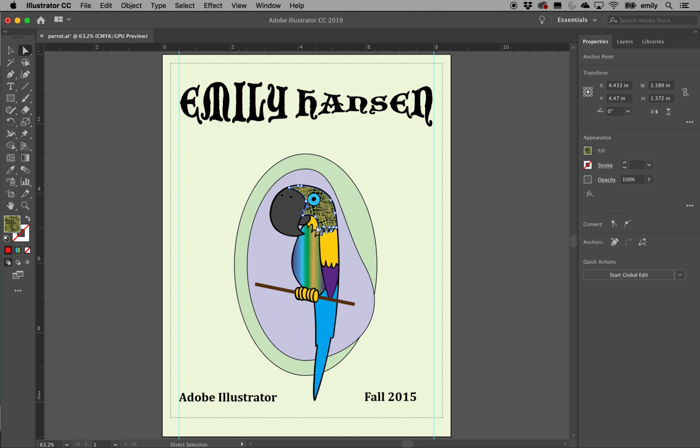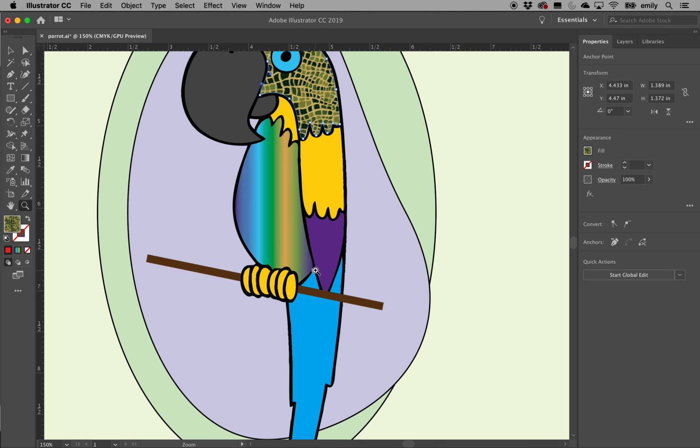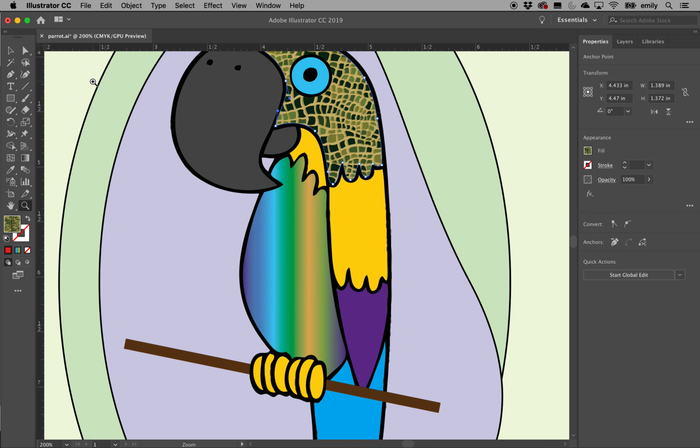I can zoom in if you want to get closer and see it better, depending on your screen size. You can actually click on the little magnifying glass over here and get zoomed in a bit so you can see things. Again, all of these are clickable, so you could come in here and mess around with pieces if you want to. Take them out, move them around.